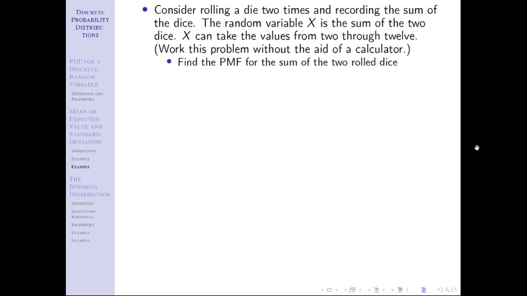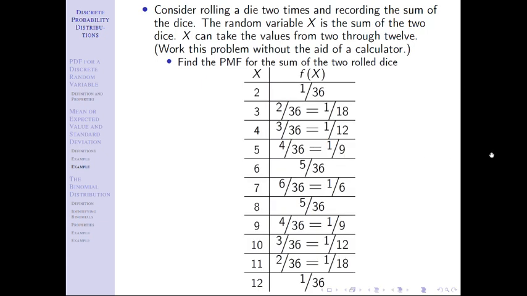And so the probability you get a 2 is 1 out of 36 because there's one way to get a 2 and there's 36 different options. For a 3, that's 2 out of 36. There's 2 ways you can get a 3 out of the 36 options, right? So I want you to get comfortable with this probability concept of how many different ways got me to success, divided by how many different ways there are total. And then we keep going, 3 out of 36, 4 out of 36, etc. And you should be able to fill in the table.